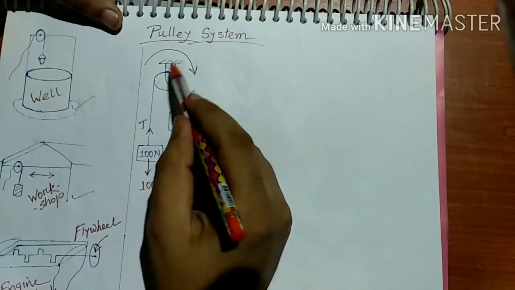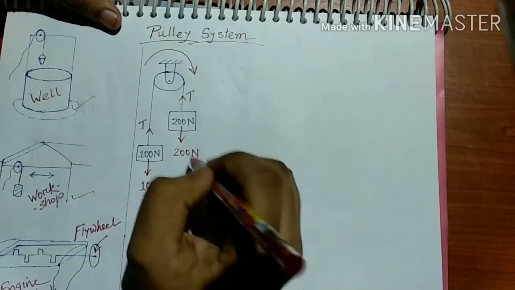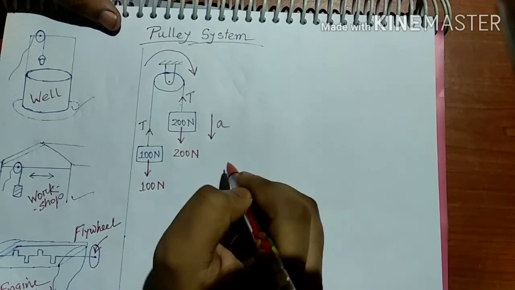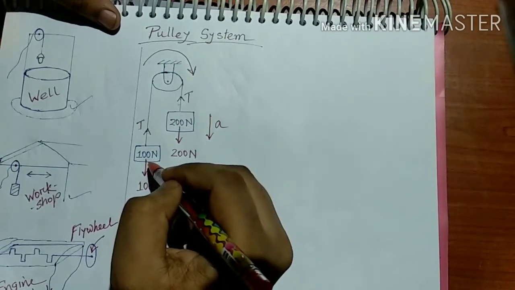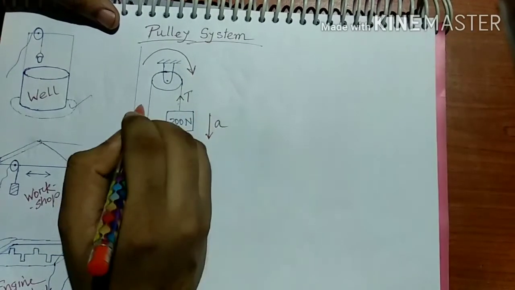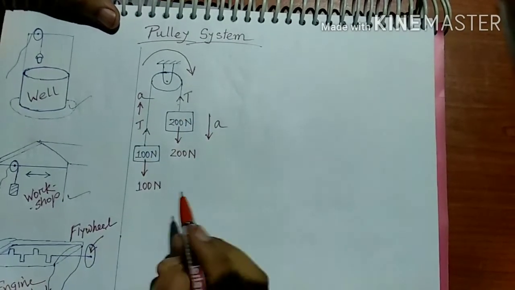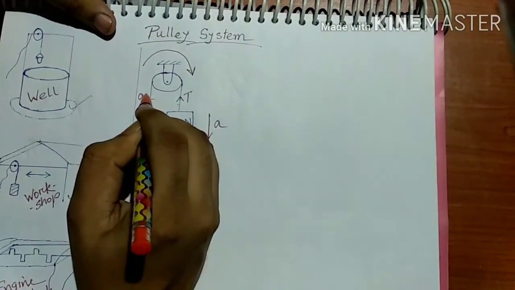As the pulley is rotating in the clockwise direction, this 200 Newton will move downward with an acceleration, suppose A, and because of this rotation, this 100 Newton will move up with acceleration A. Okay, right? Now if I cut this portion,